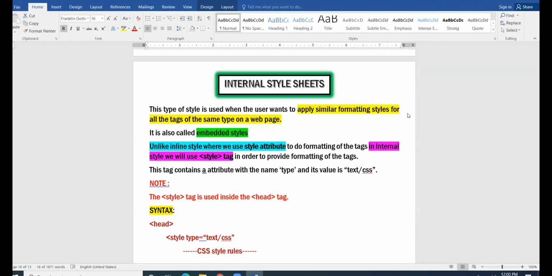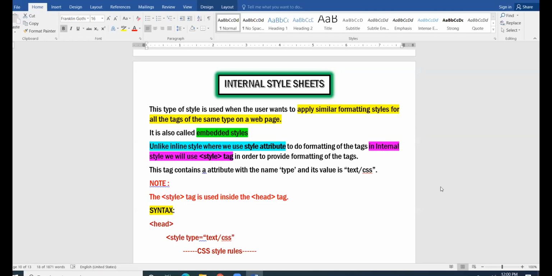Whatever property you want to apply onto the tag, that property will come over that tag. But the style tag you have to include inside the head tag.